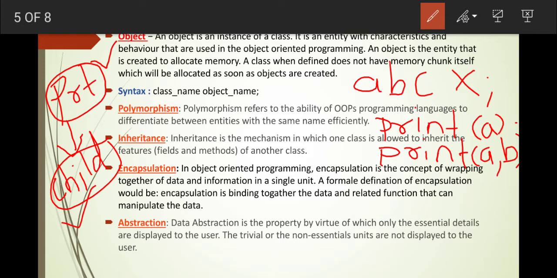It means, suppose parent has a property of drawing, and that property is inherited in child. So this is a mechanism in which one class is allowed to inherit another class's features. Likewise inheritance is there.